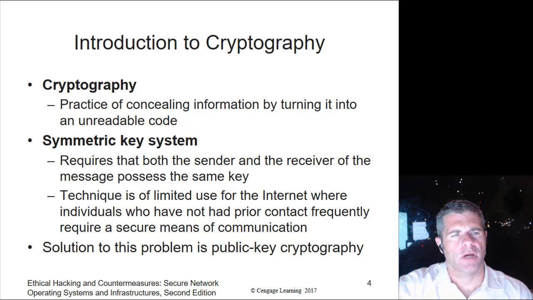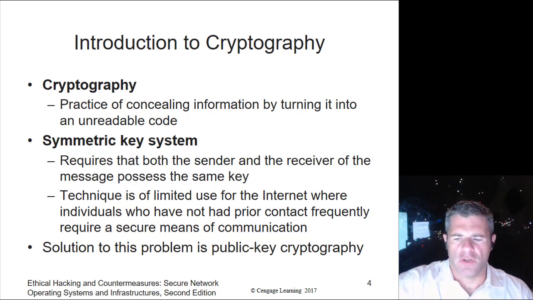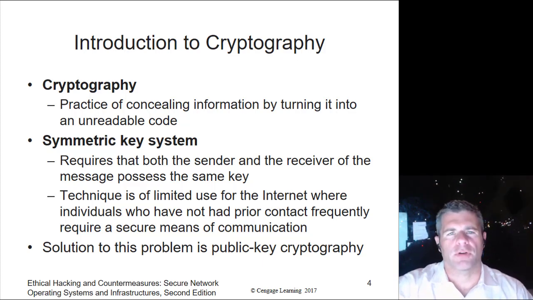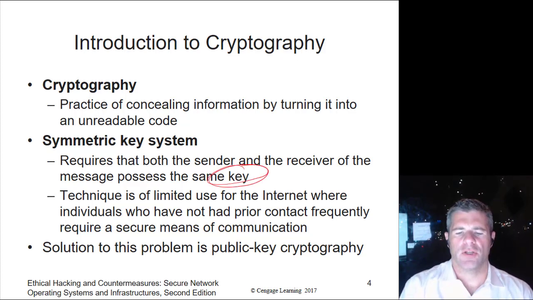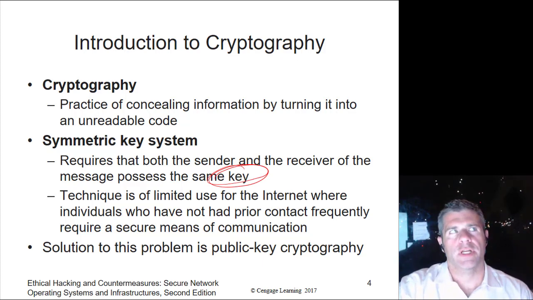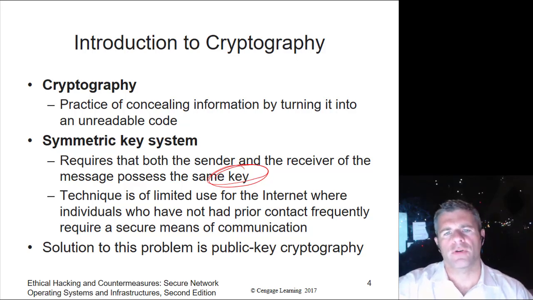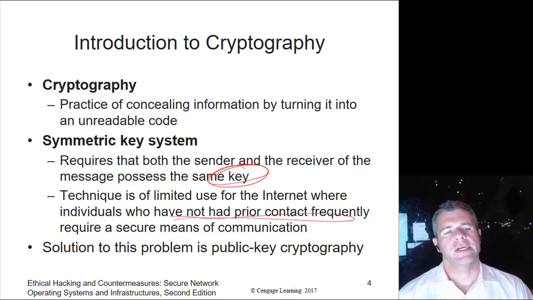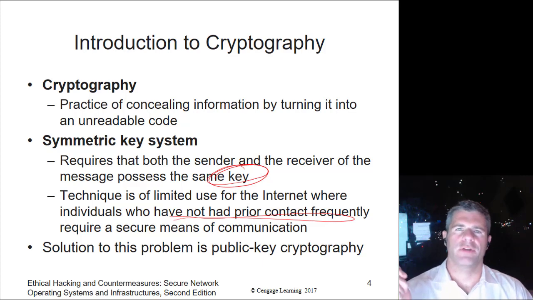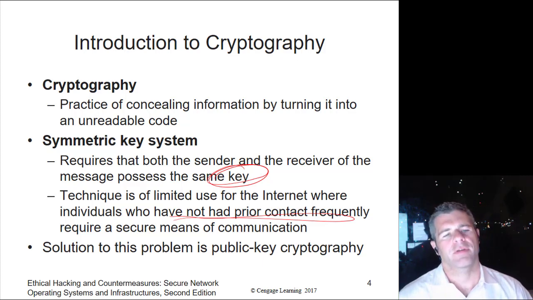So cryptography, the practice of hiding stuff from other people. That's good. Symmetrical key cryptography is super powerful. It is theoretically possible to create uncrackable symmetrical key cryptography. However, the trick is that key that you have would need to be pretty huge, and it'd have to be completely secret. So on the internet, where nobody knows you're a dog, but also where individuals who haven't met each other want to be able to communicate securely, have a problem when they go to talk to each other. A symmetric key system with a super duper long key is completely secret, but if you can intercept that key while I'm giving it to somebody, now we've got a problem.